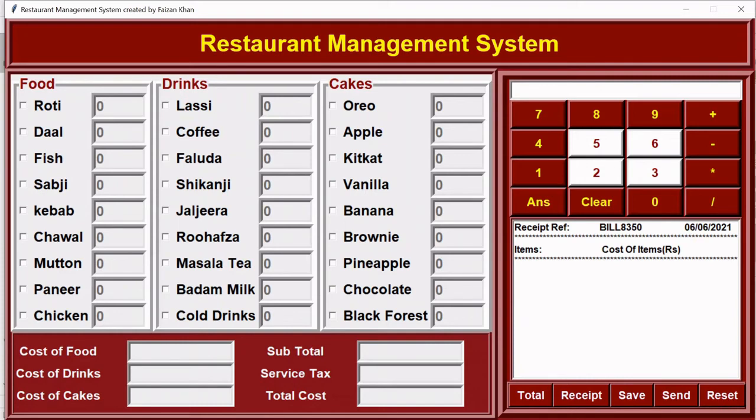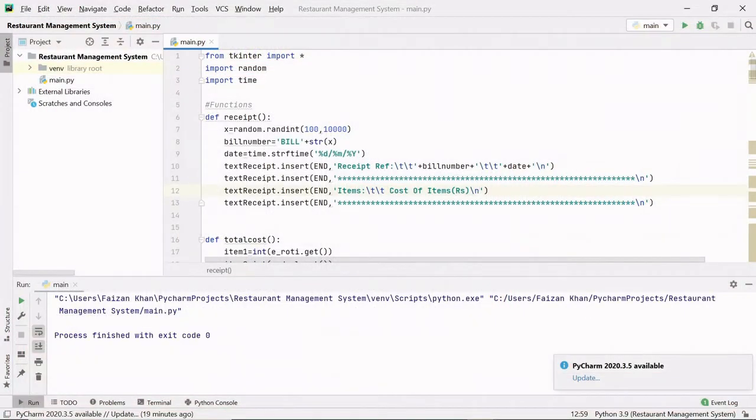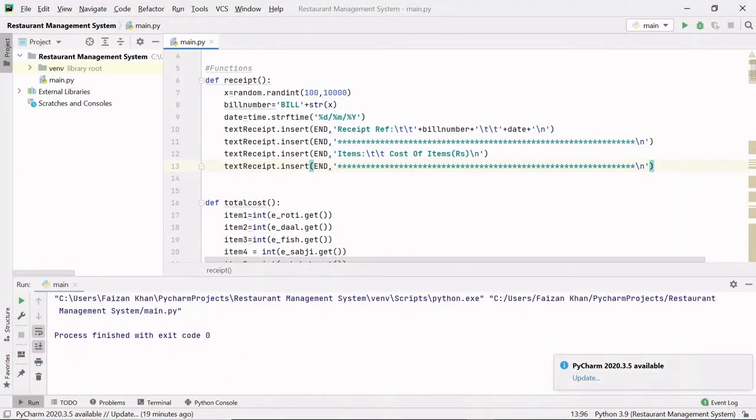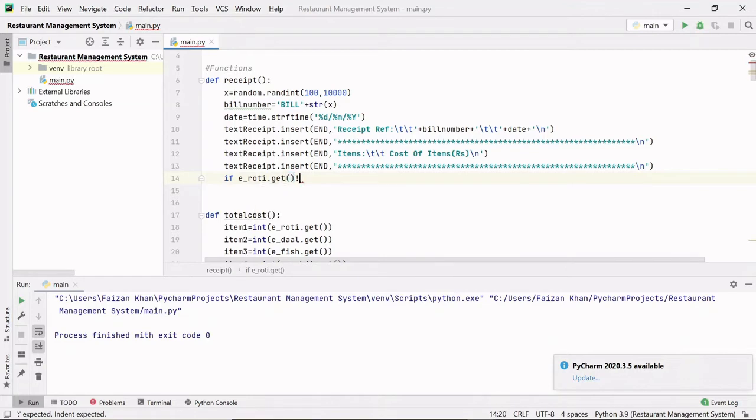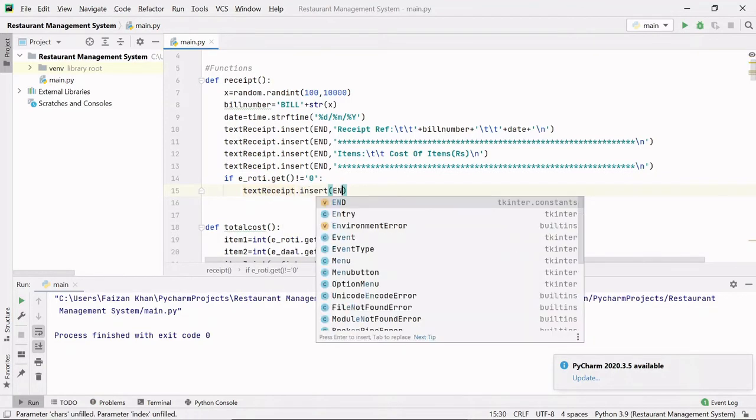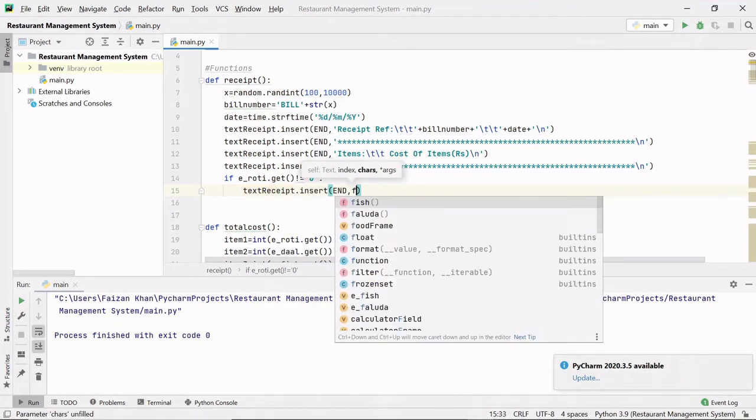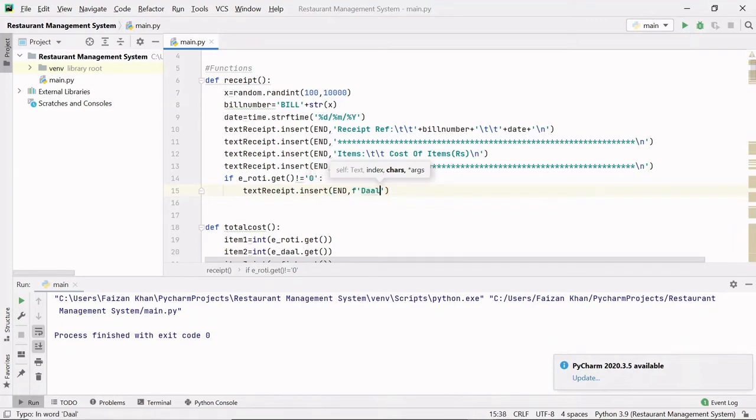After this, now we have to add item names here and cost of those items. I will be inserting only those items whose quantity is not 0. So here I am going to apply a condition if e_rot dot get method is not equals to 0. If inside rot entry field we will have quantity other than 0, then this condition will become true. And inside this if condition I'm going to write text receipt dot insert method, and at the end I will insert, here I'm going to use f string dal, then